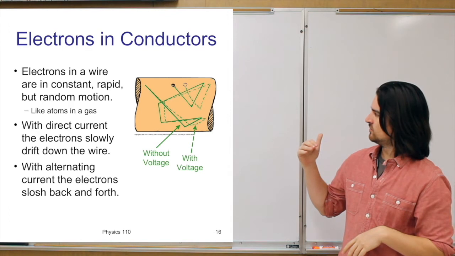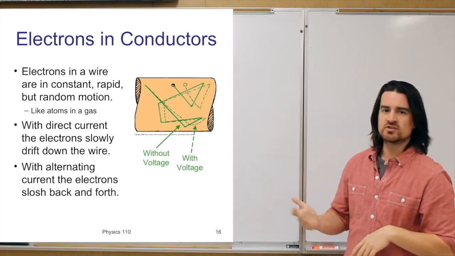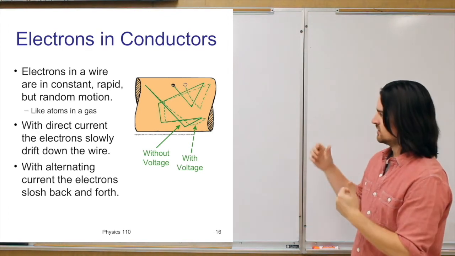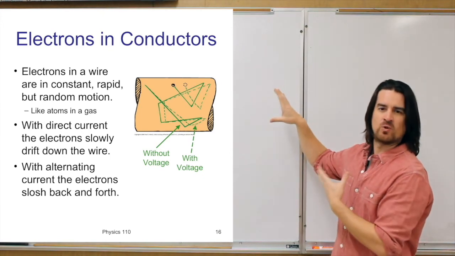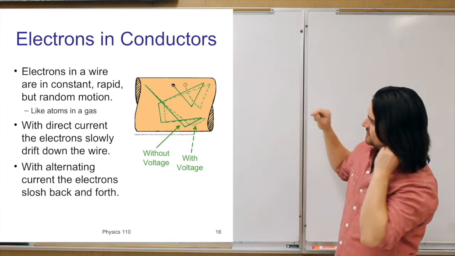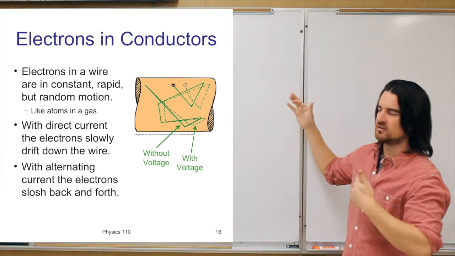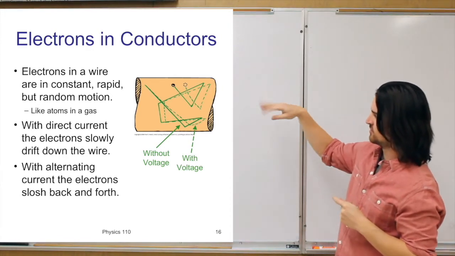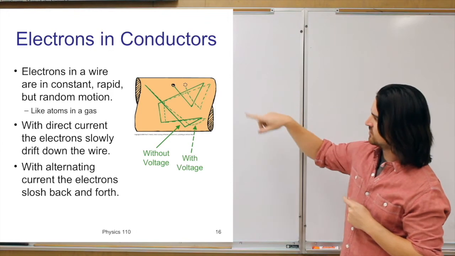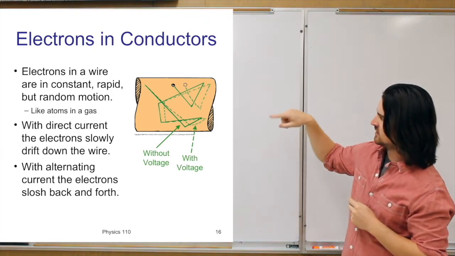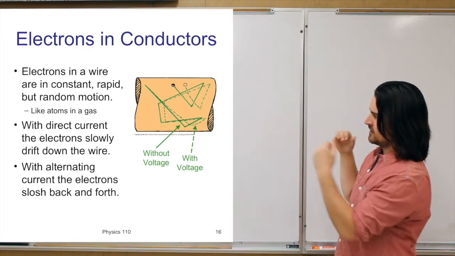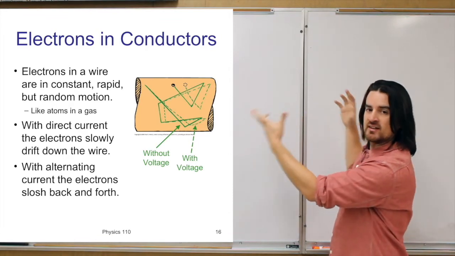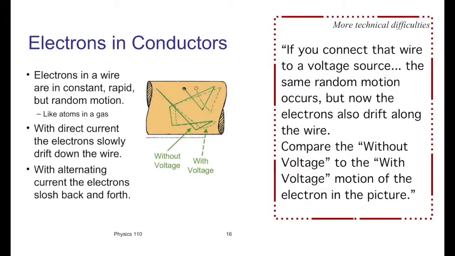In electric circuits, if you want current to flow, we can imagine a little chunk. This is supposed to be a little piece of wire, part of a much longer wire. It's a metal wire, so it has these electrons that are moving around freely. That green line is showing that electron doing this random sort of motion. Now, if we were to connect that wire to a